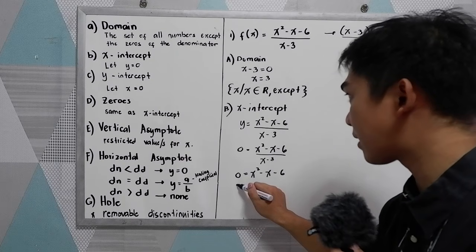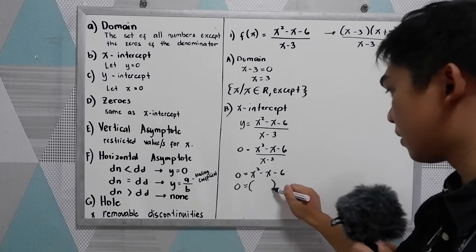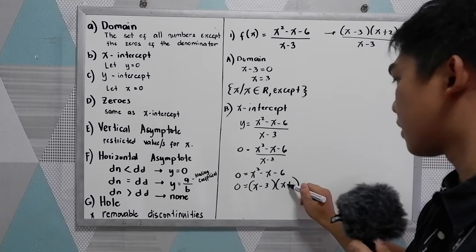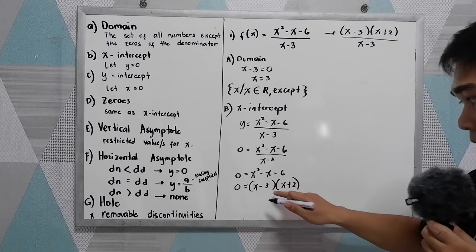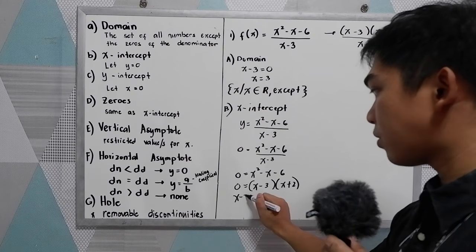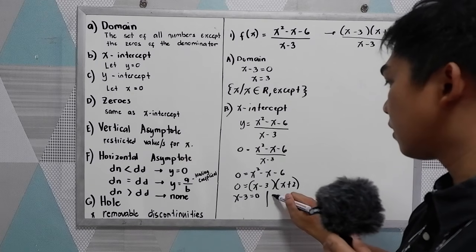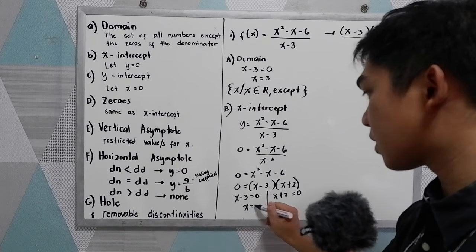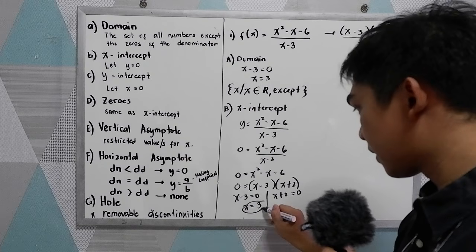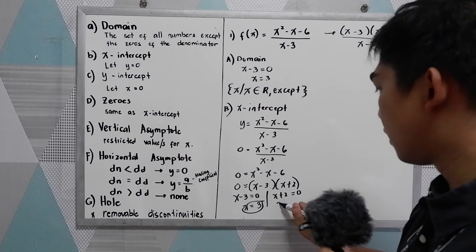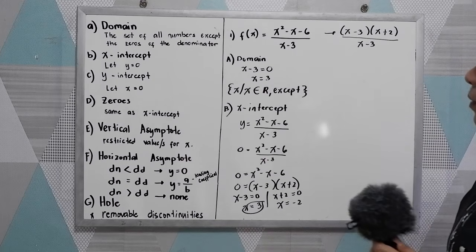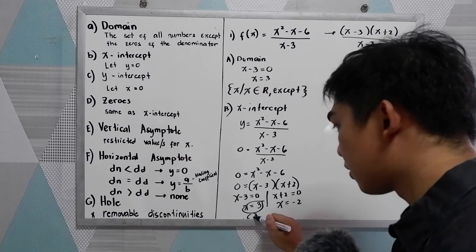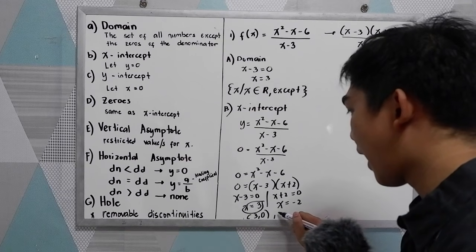Okay, let us go back in letter B. 0 is equal to, just copy the factored form, x minus 3 and x plus 2. Now, equate to 0. So we have x minus 3 is equal to 0 and x plus 2 is equal to 0. Solve for x. So x is equal to positive 3 and here x is equal to negative 2. So we have two x-intercepts. We have 3, 0